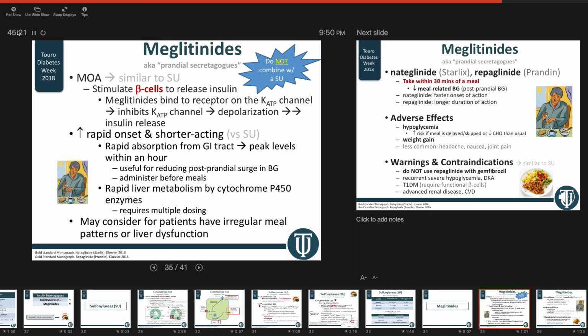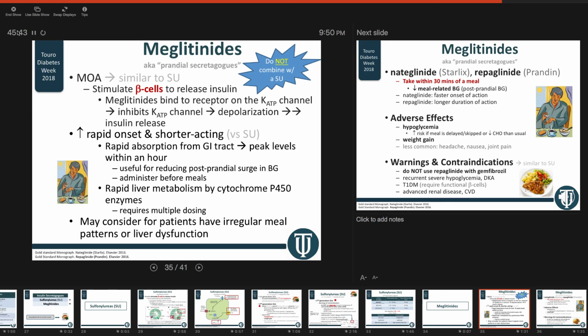We also call meglitinides the prandial secretagogues because they work very similarly, which I won't get into. But the difference between meglitinide and sulfonylurea would be